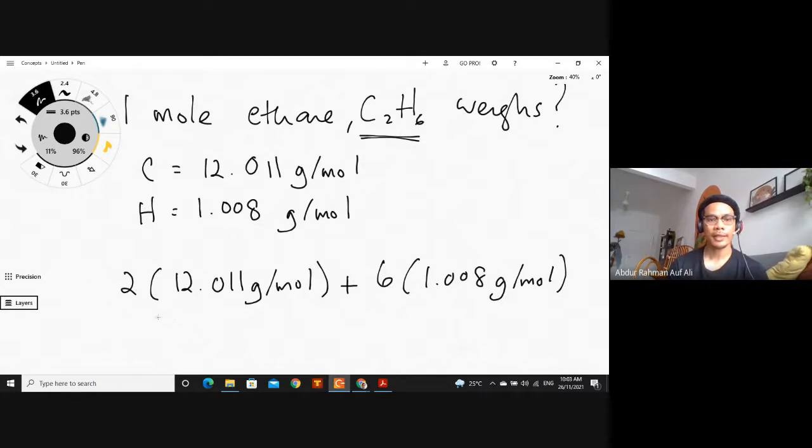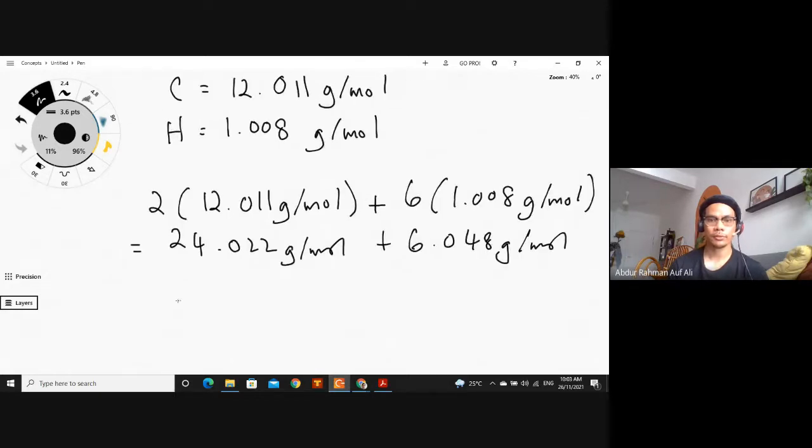Okay. And after that kamu darablah 24.022 gram per mol tambah dengan 6.048 gram per mol. So bila kamu add this tu, kamu akan dapatlah 30.077